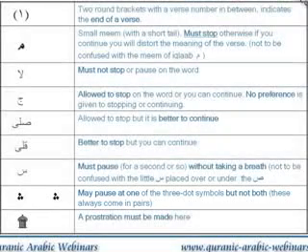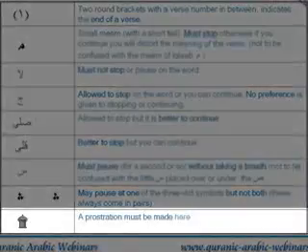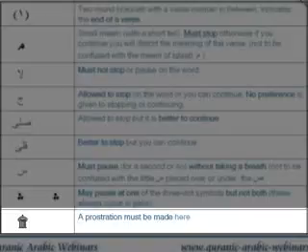And the last symbol is this sort of little, I don't know, you could call it a mosque or Qibla type symbol, and this indicates that a prostration must be made, i.e. a sajda. What that means is when you're reciting, if you see this symbol, you literally have to stop and make a sajda, obviously if you can. And you'll see this in the mosque sometimes when they're reciting, suddenly in the middle of the prayer they'll go into a prostration, and that's because they've read a verse with this sajda sign in it.